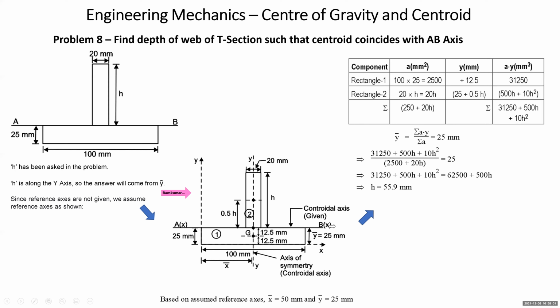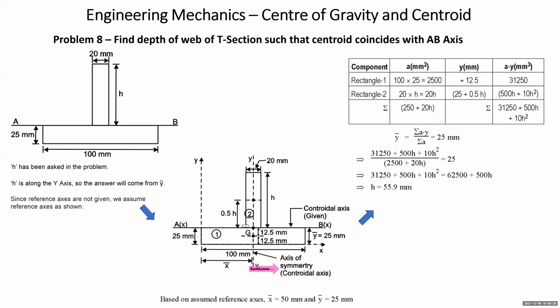It is given. Normally we refer to the centroidal axis as xx. And can you mark the other centroidal axis also here? Yes, it is by axis of symmetry. Axis of symmetry is the line or axis that divides the area into two equal parts so that one part is a mirror image of the other. So students, this is another centroidal axis. One centroidal axis AB is given, the other centroidal axis we understand based on our knowledge of axis of symmetry.